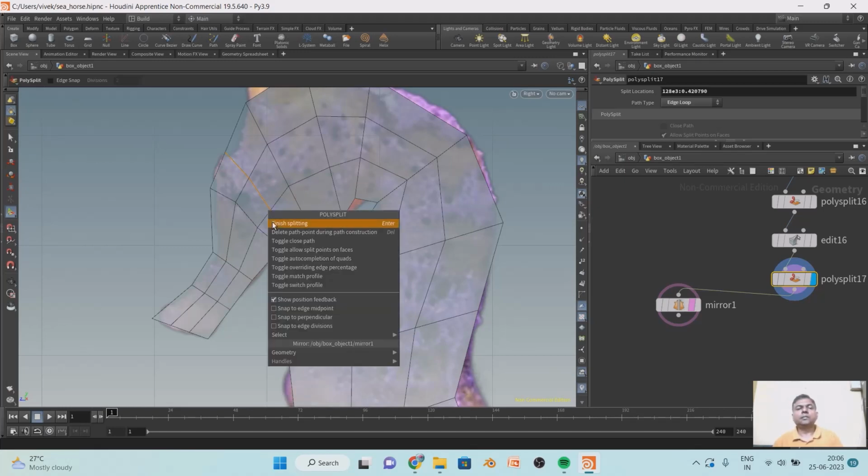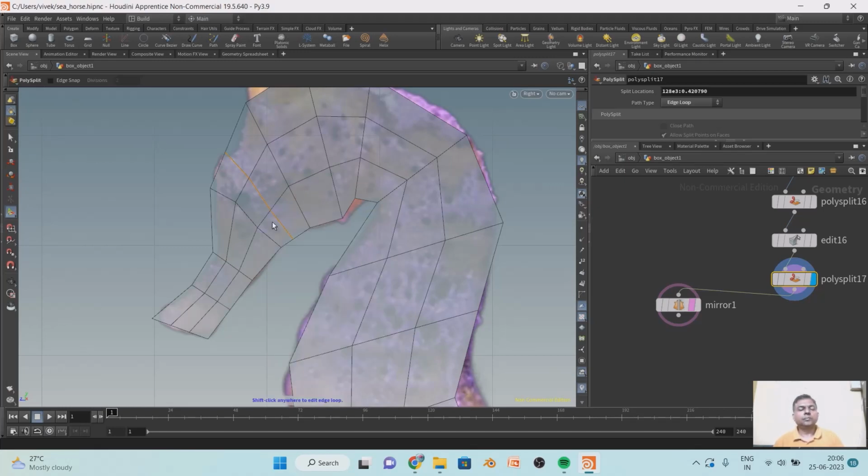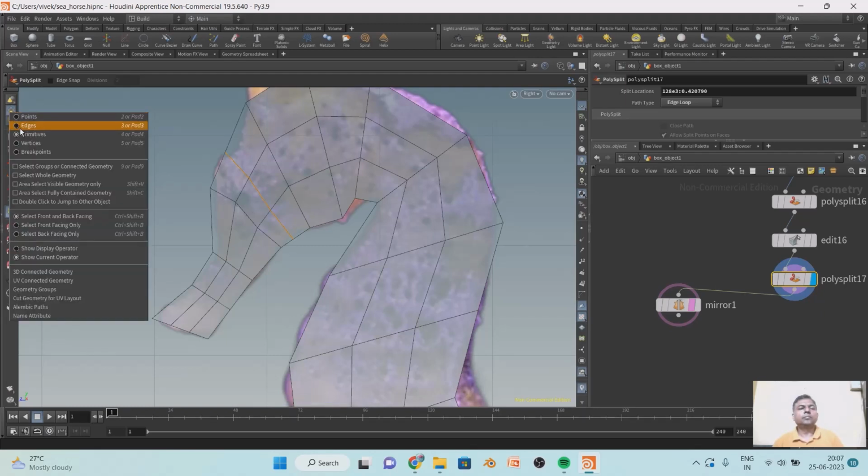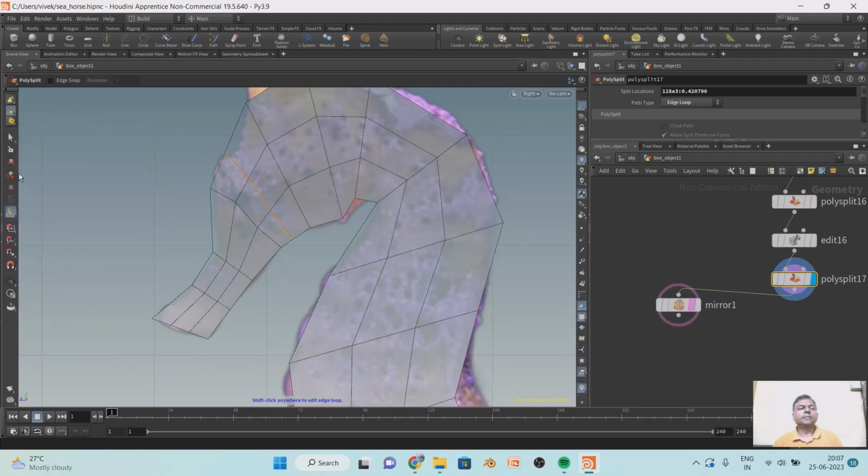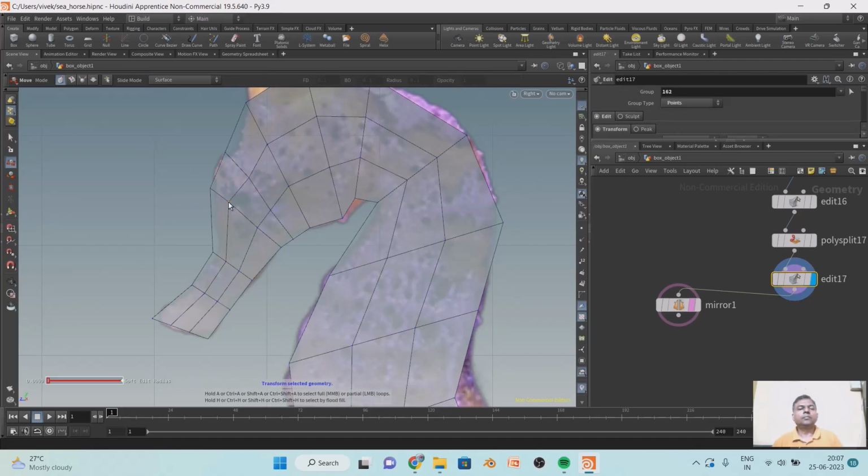Enter, finish splitting, and select the primitives. You can select the points, move the points around. T for moving the points,